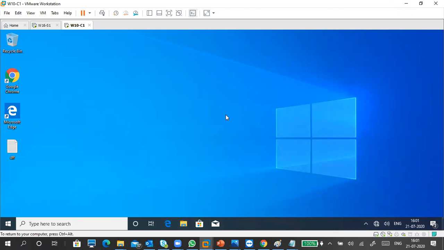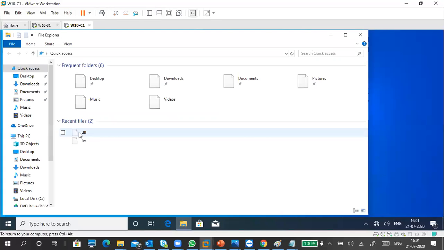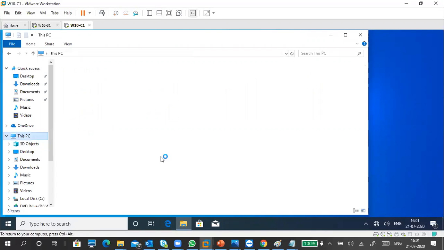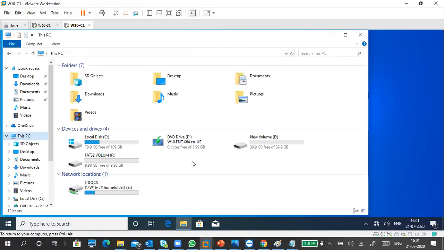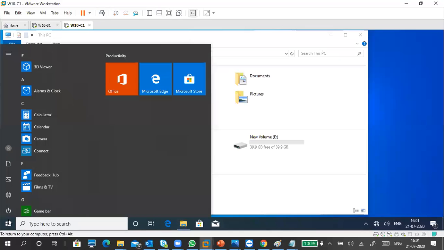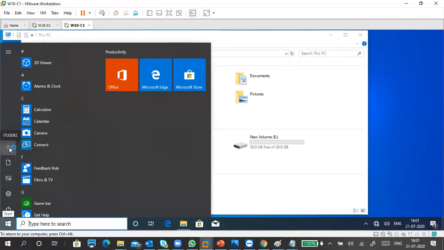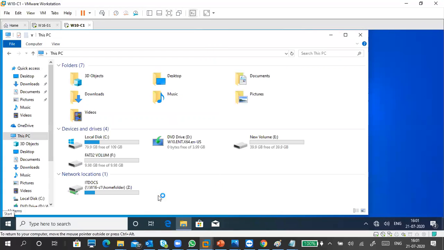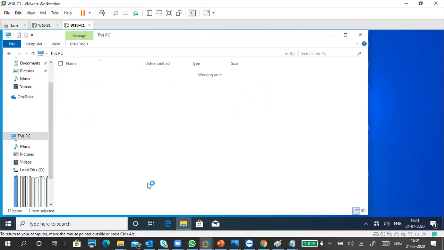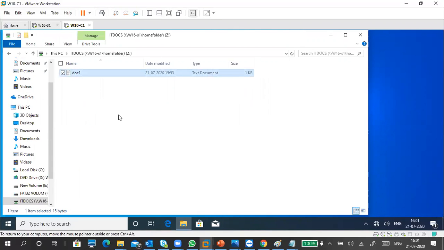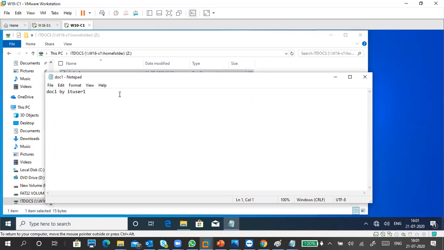I think it won't connect anyway. Why? Because we require a second home directory here. Okay, now it is connected. I use IT user 2 only, guys. Your document is there. So the first time it was not connected; I signed out and signed in, and now it is working.